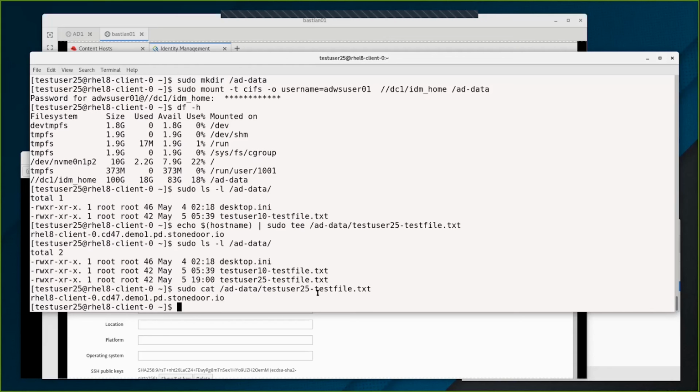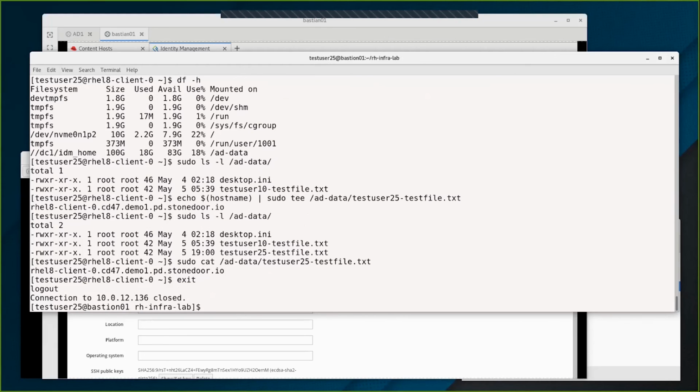Now, the next thing we're going to do is, right now we are in the RHEL 8 client as test user 25. That's who I've been working with, that's who I've been working as all day long. So I'm going to exit out of there. And now